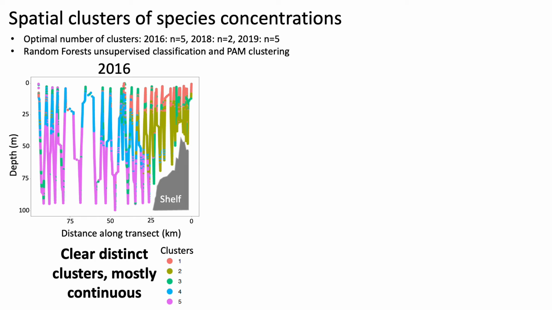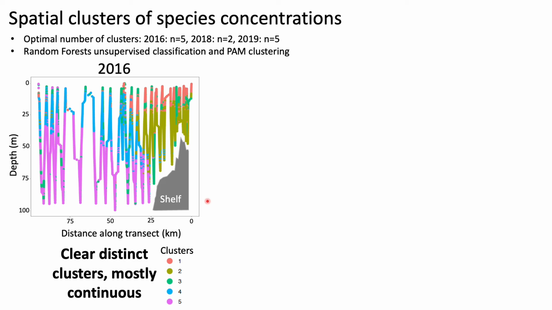To tease apart the similarities and differences between the 60-plus taxa distributions between the years and investigate how the distributions were driven by the environment, we clustered the taxa distributions. We used partitioning around medoids clustering, short PAM, on a random forest distance matrix to find the optimal number of distribution clusters per year. The analysis found that there were 5 clusters in 2016, 2 clusters in 2018, and 5 clusters again in 2019. Comparing the spatial locations of the clusters here,